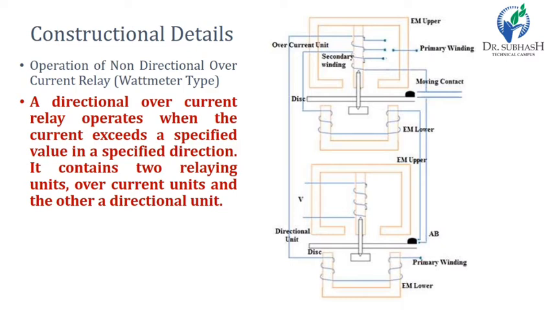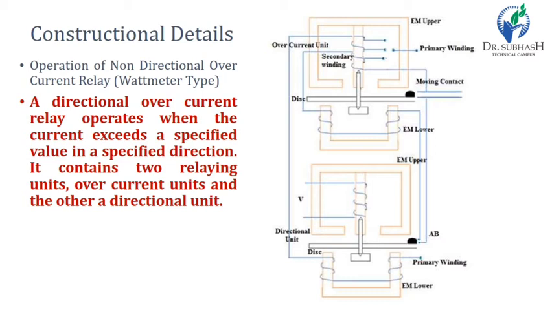So there are two units, the simple overcurrent unit and the directional unit. How they connect with each other we can see in the figure. The overcurrent unit is connected with the CT secondary winding, and with the upper and lower electromagnets. Then the second tap or lower winding connection is connected with AB,